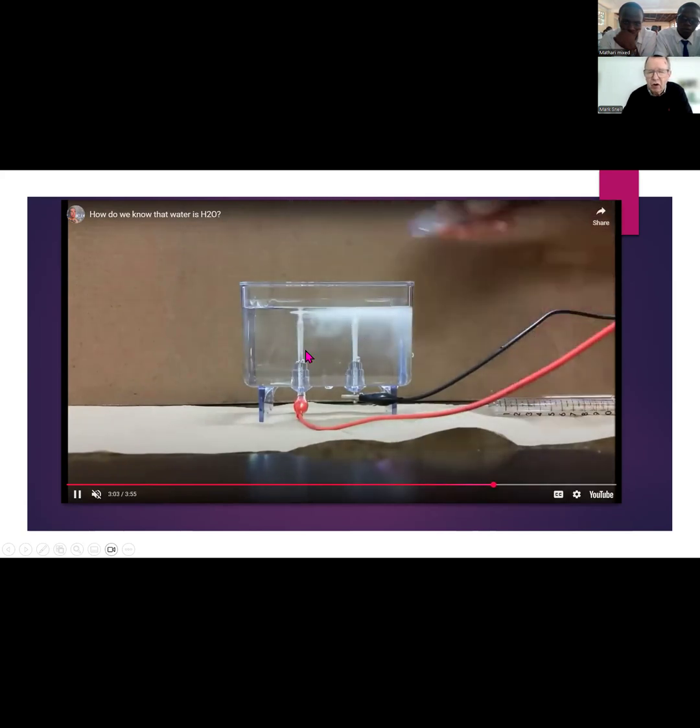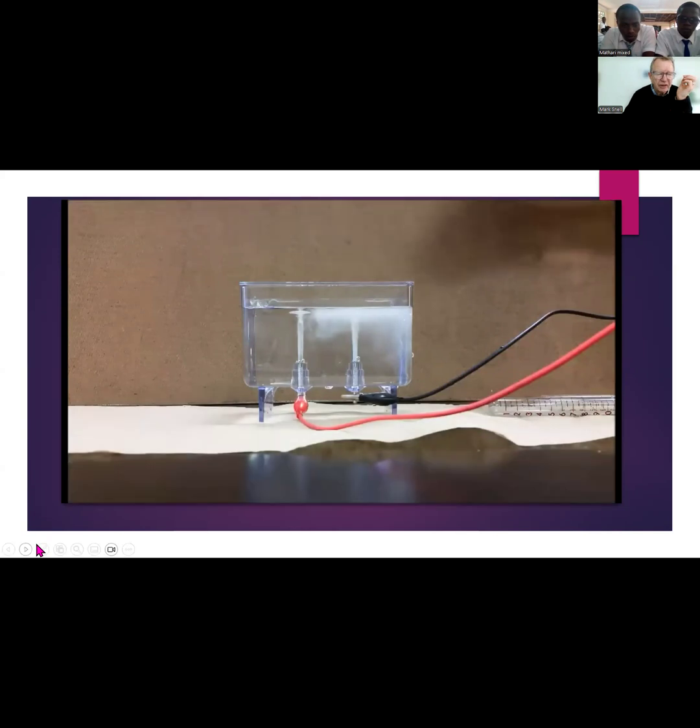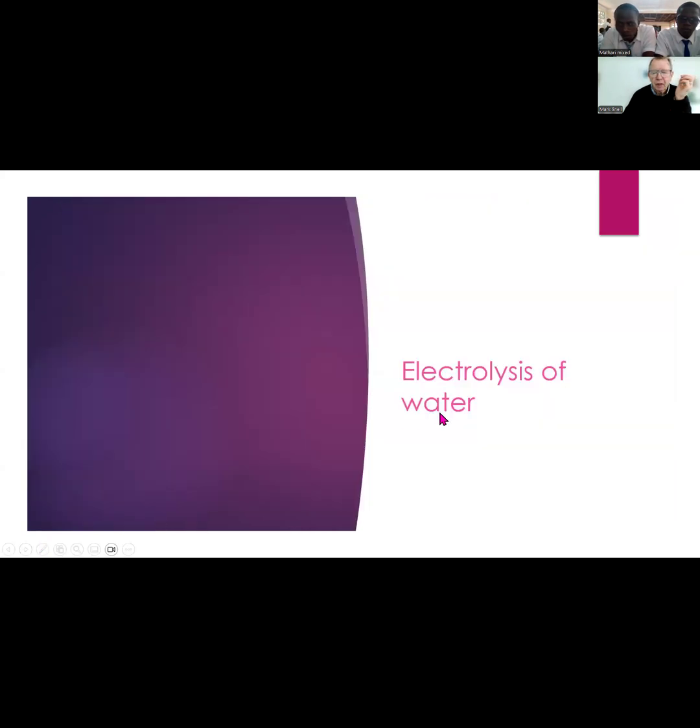So that means we've got hydrogen and oxygen. Okay, so the electrolysis of water produces hydrogen and oxygen. Now that's really important to know, because that means we can predict some of the things that might be formed. So the electrolysis of water,